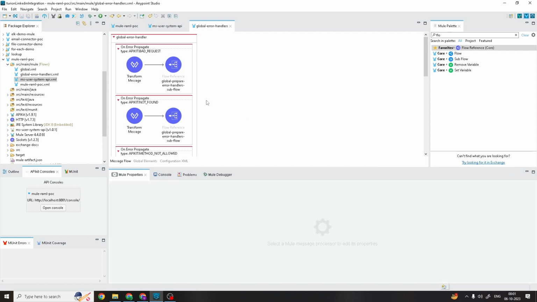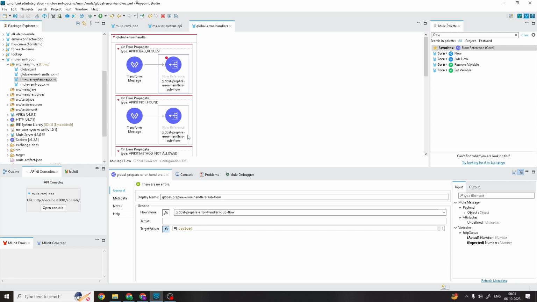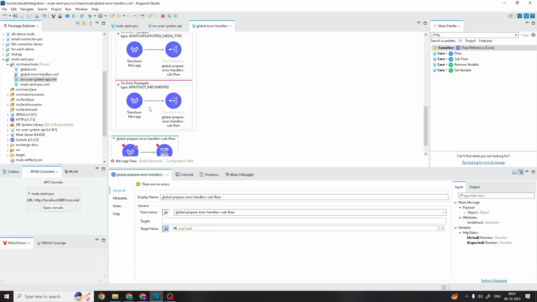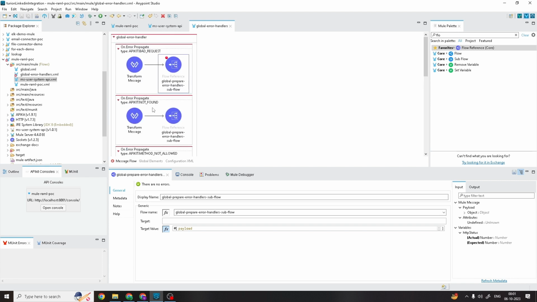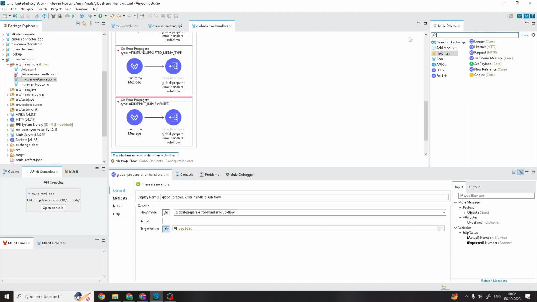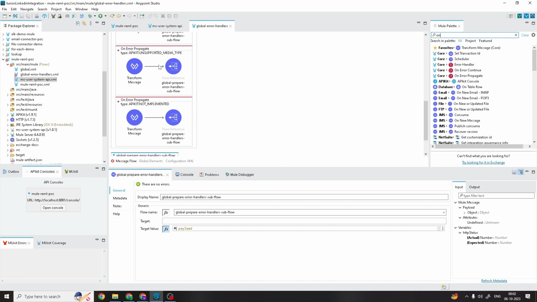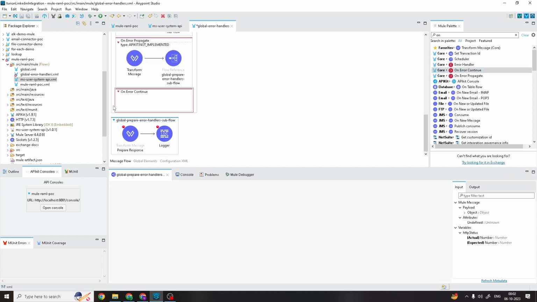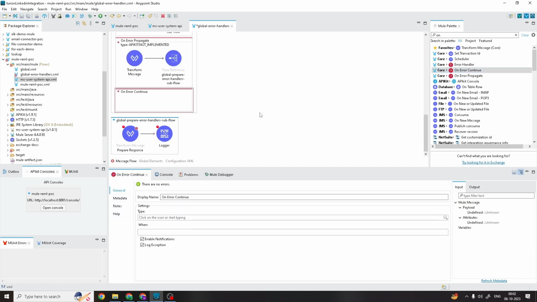Okay, so if we got an error, it will point to this flow and generate one proper error format here. But guys, let's say we got any other error which doesn't match any of these error types. In that case, we will drag one more error handling scope. Let's say we got any other error except all these error types. So in that case, we will just put this one,